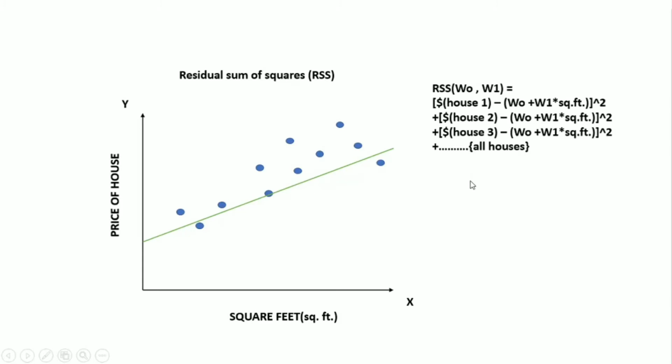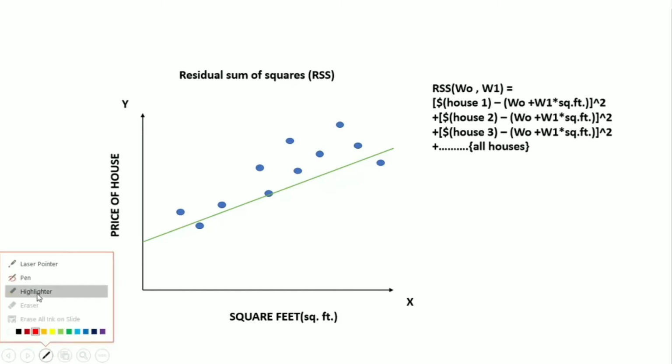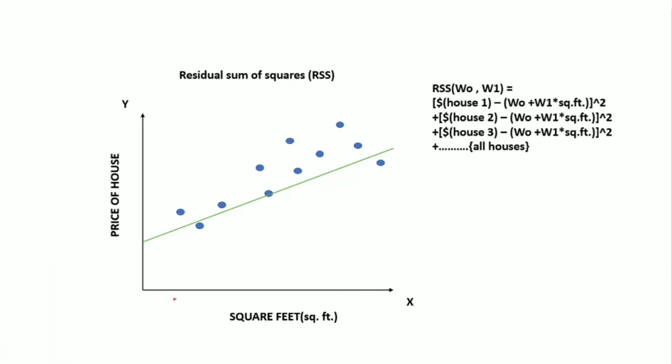Let me explain this equation through this graph. Let me use my pen here. You can see that this is the price of the first house. Let me draw this. I'm connecting this value to the y-axis. This is the actual value of that house, and the location on the line is the predicted value of that house. Let me connect both these values. I have connected both the values, and there is a value for this certain distance.